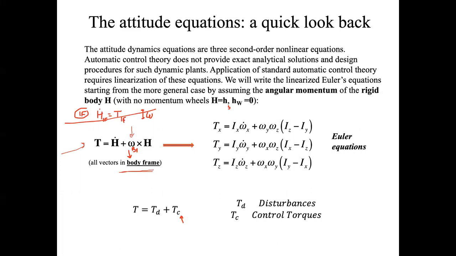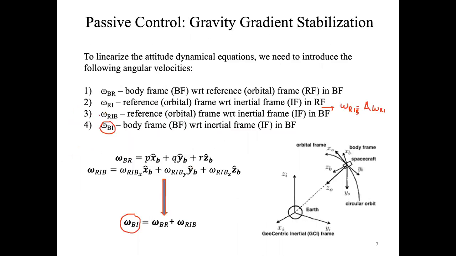But you have to be aware that this omega bi is indeed expressed also in the body reference frame. So what I mean here is that if you go to the next slide, if we want to determine omega bi in the body, so the body reference frame angular velocity with respect to the inertial reference frame expressed in the body reference frame coordinates,